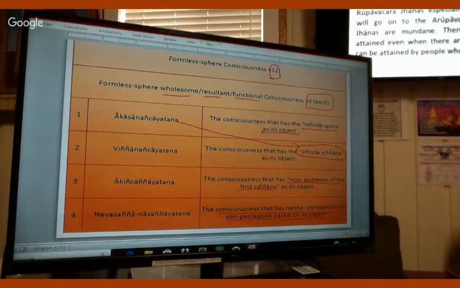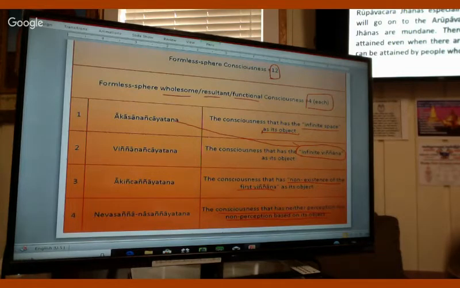Okay. So that's why if you want to practice arupa jhana, first you need to master all kinds of rupa jhana: first, second, third, fourth, and fifth. Not only the first jhana; you cannot upgrade to get the arupa jhana that way. For arupa jhana, you need to master all the rupa jhana first, and after that, upgrade into the arupa jhana.